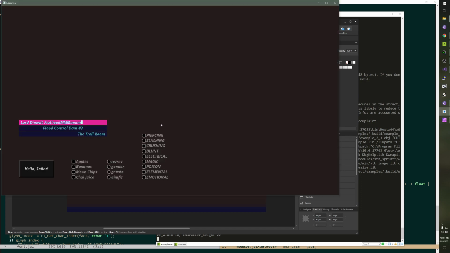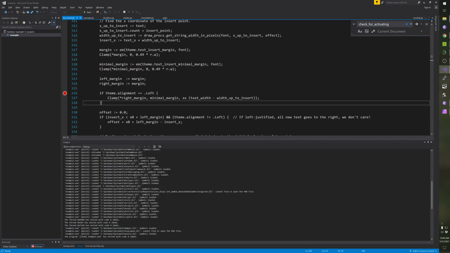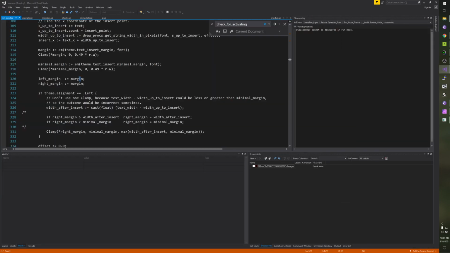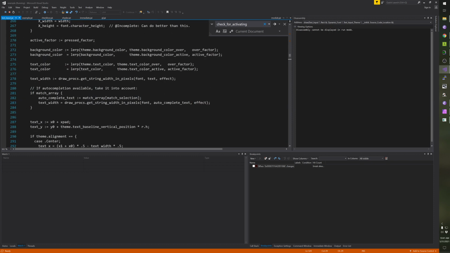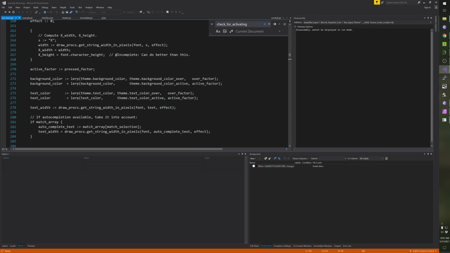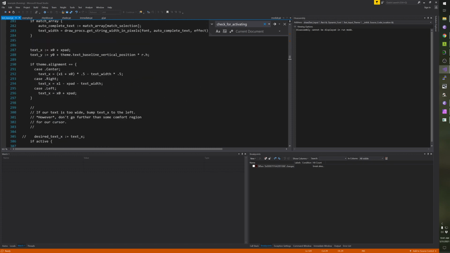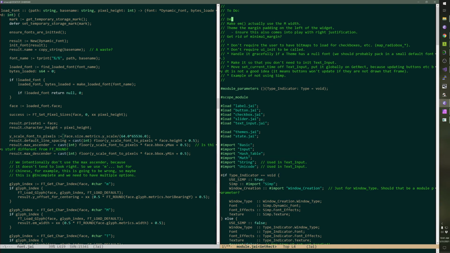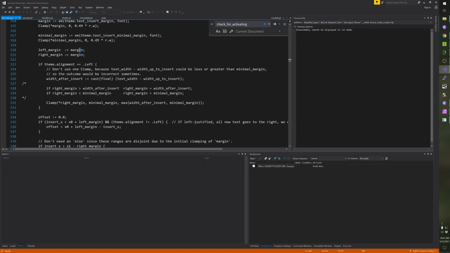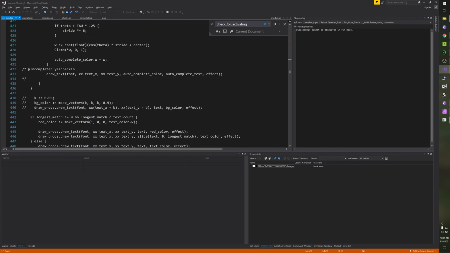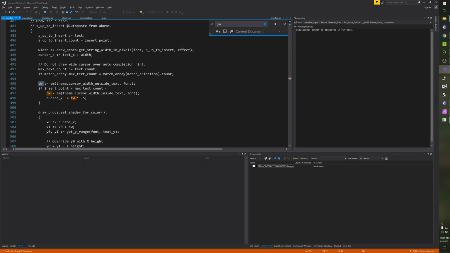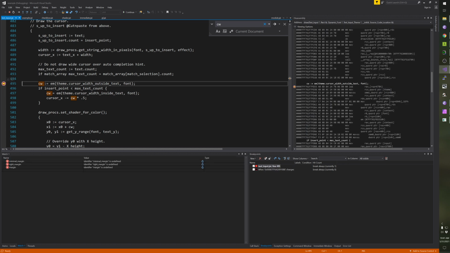Let's just see. Let's step into it now. So we're going to run. Going to go here. Where was our CW? Oh, there's this whole X width thing that we don't need. We need to remember to delete that. Hold on. Because that's in the font now. Okay, so is the CW stuff down here? All right. CW, there it is. So cursor width outside text